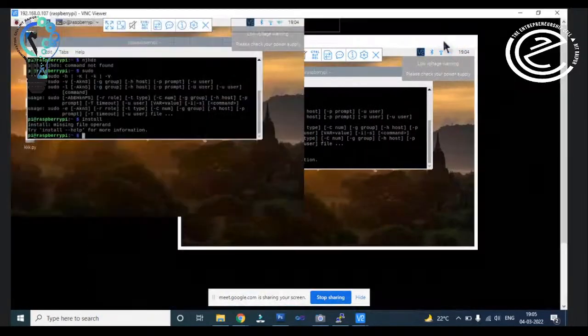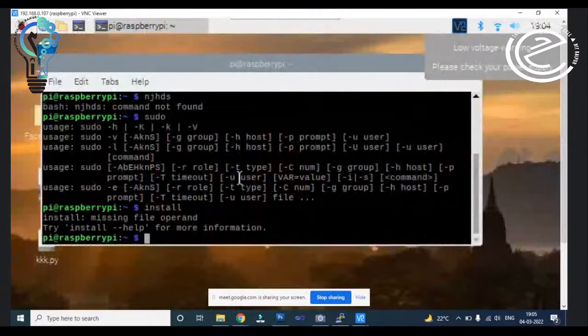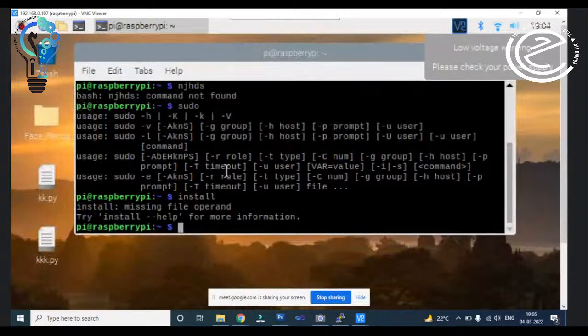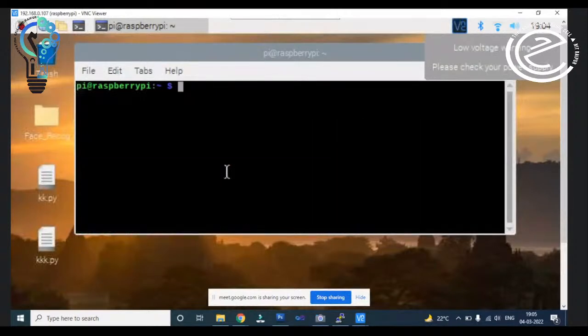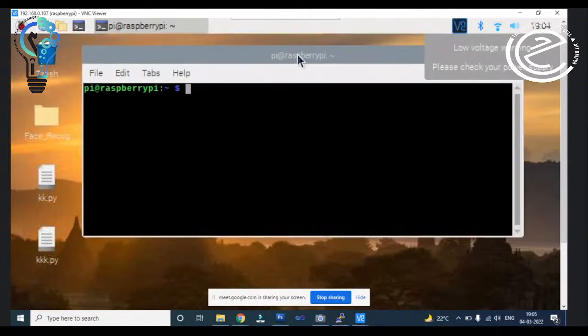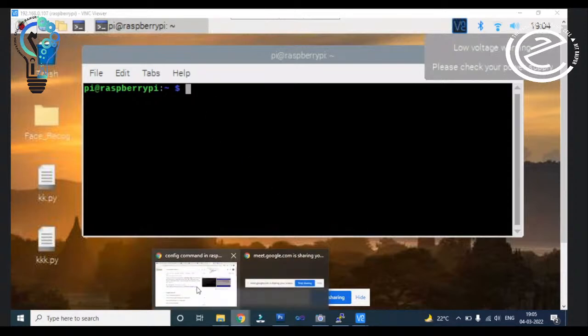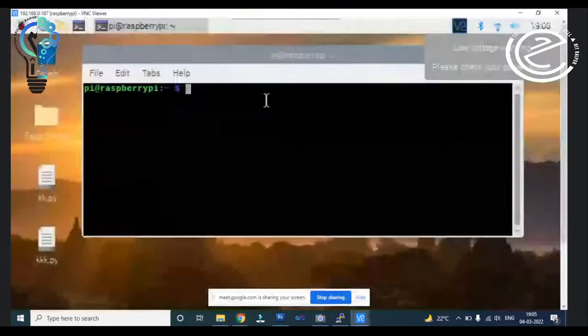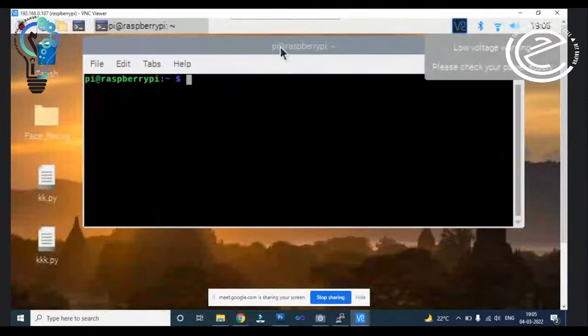Now you can see this is the complete setup of your Raspberry Pi. Now, if you want to install something in this window, then there is a particular command in Linux to install anything. So if you already use the Linux operating system, then it is very friendly for you, and you can install different packages here.